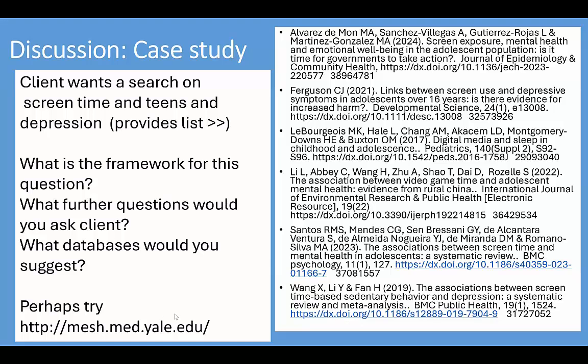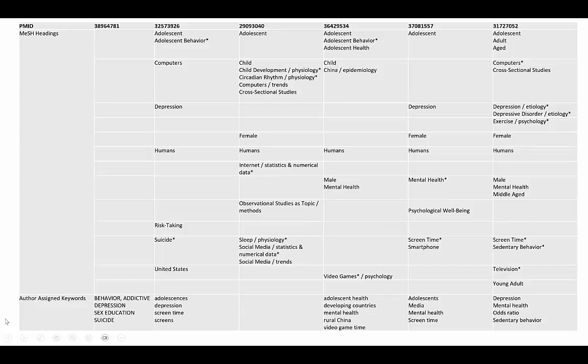Okay, so let's put this together here. If you were able to do the Yale MeSH Analyzer, you could see something like this. Sometimes I use this with clients to help them understand their topics better. You see across the top the PubMed IDs, and the very first item that I put in has no MeSH headings. So it's probably a pretty new article, but sometimes it can take more than a year to get MeSH headings